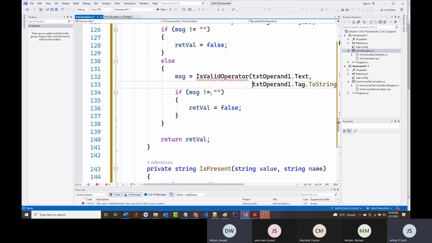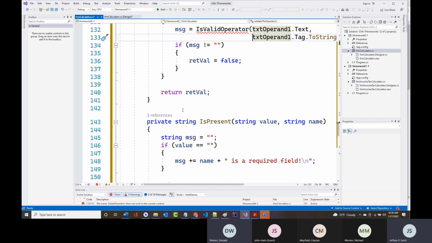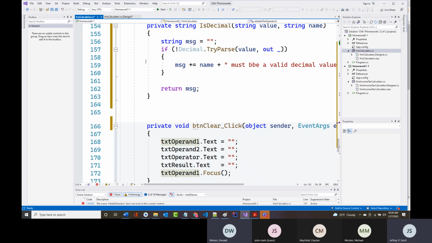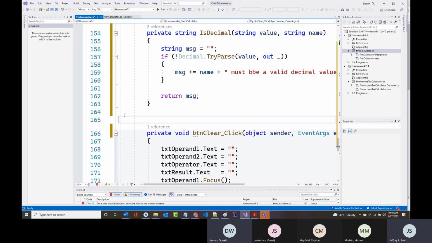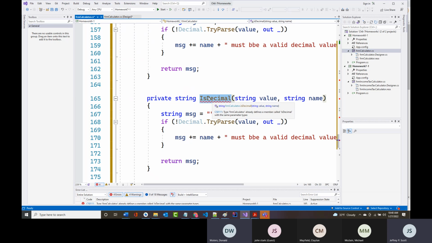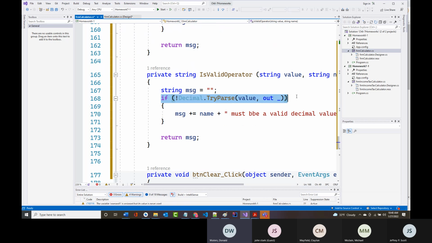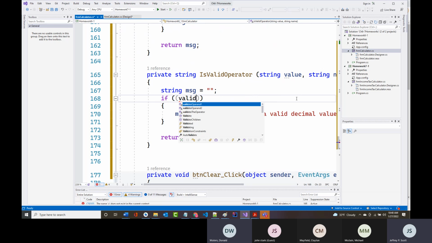And again, we'll pass it that stuff. We'll get that fixed in just a second. So we've got the is present. We've got the is decimal. Copy that. And I'm going to do an is valid operator. All right, so this is going to change, and I'm going to say if value is not equal to, and I'm just going to put in one for each one of the signs, a plus sign,